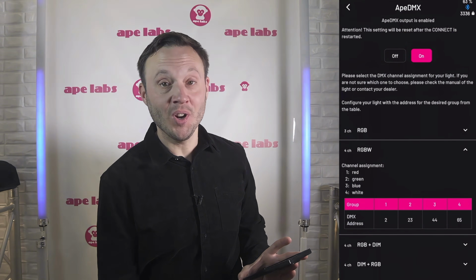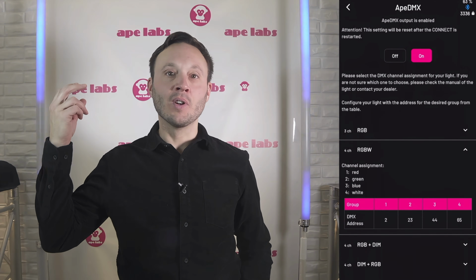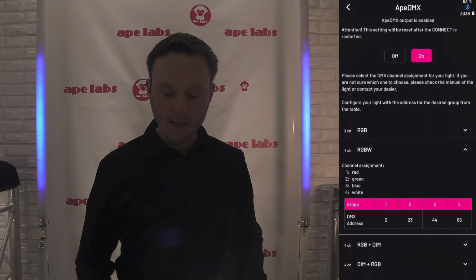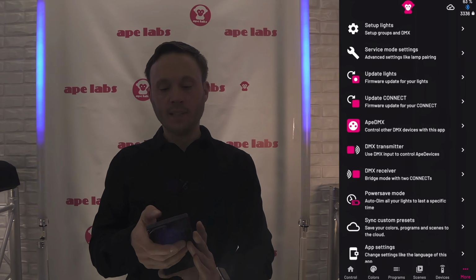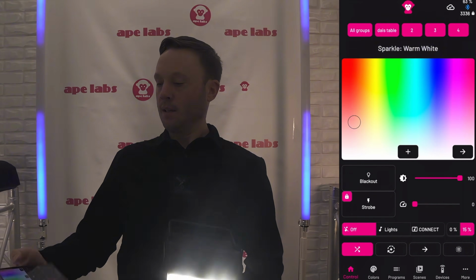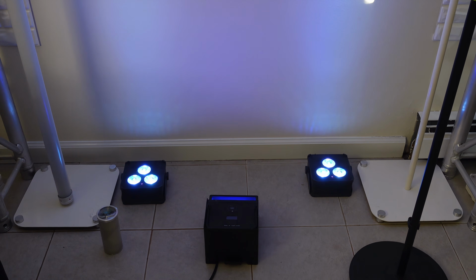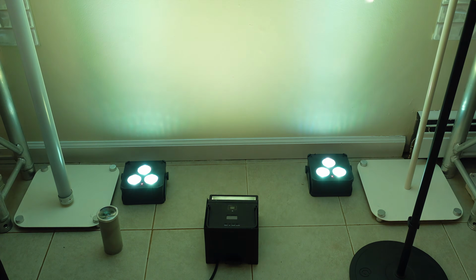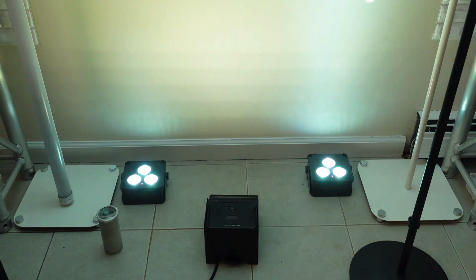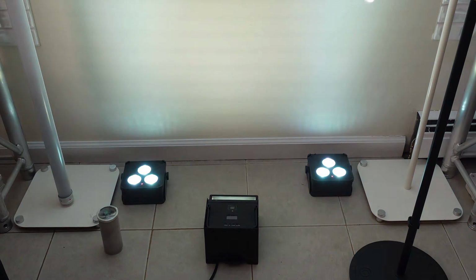But does it work? Let's see. The best thing to do is turn the lights off and let's see for ourselves. You ready? Okay. All right, so let's test it out. I'm going to just hold it up like this. And look, just like every other light, I now have my color picker. I can black it out. I can strobe. I can do everything that you would normally be able to do with your Ape Labs Connect,